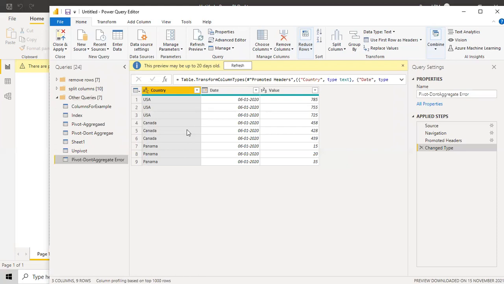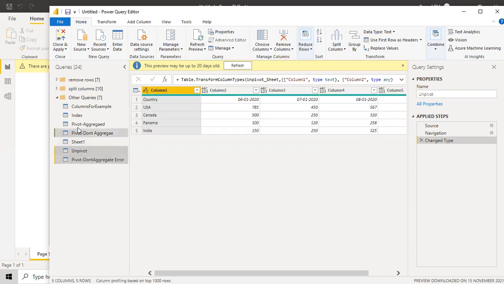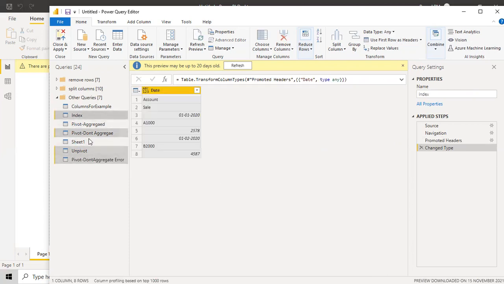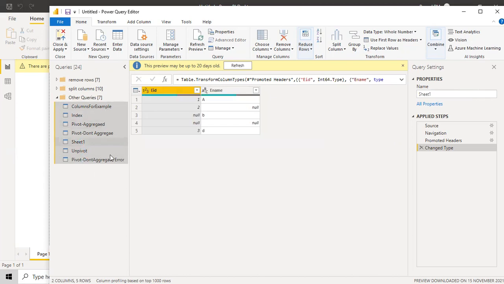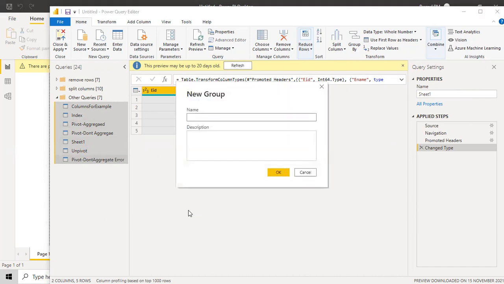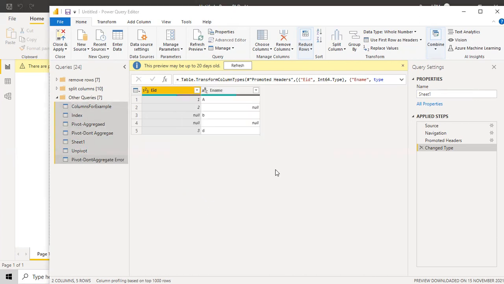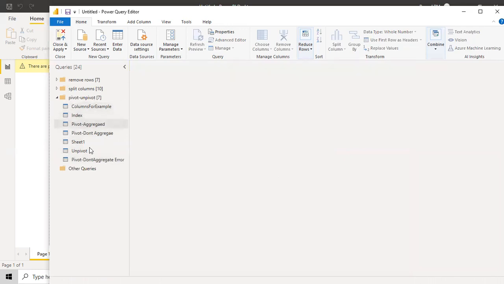So these are my things. Everything needs to be highlighted in a gray color, so that we can move all of it. I want to make it a new group. What is this? Pivot and unpivot. You have a lot of things.